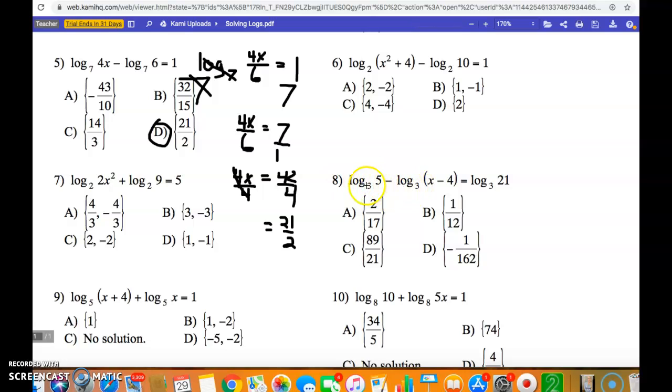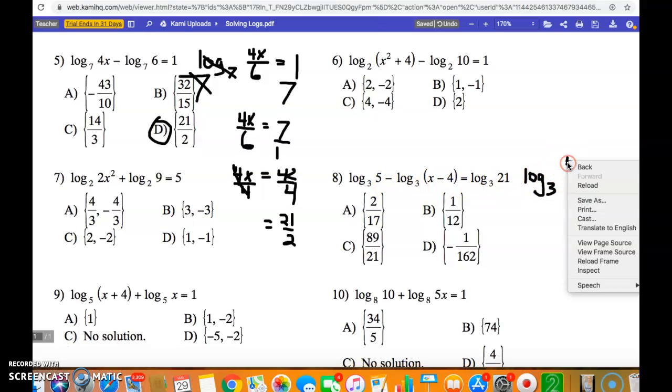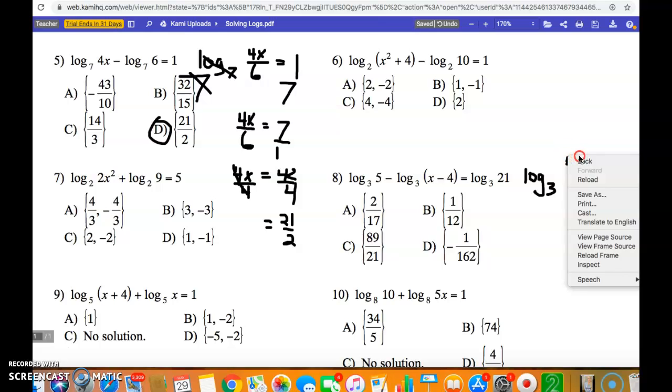For this, you see multiple logs on the left side and a log on the right. So we will be able to cancel at some point, but not yet, because if you have multiple logs, you must condense. So minus is going to mean we have to do that condensing part with division. So this becomes log base 3, and it becomes 5 divided by x minus 4. The hardest part about this is actually just writing it out on the computer. Equals,